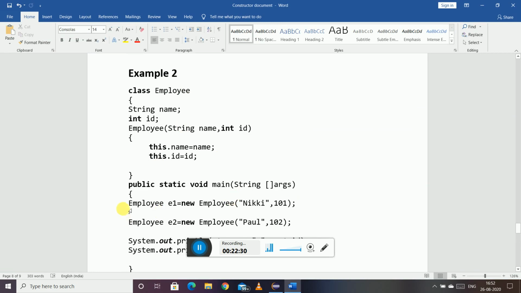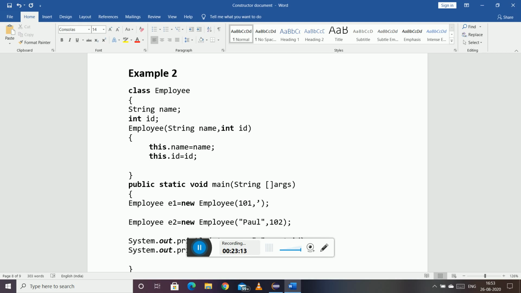So when you are initializing the objects through the parameterized constructor, remember that the employee constructor is getting called in this line and Nikki will be passed to this name. Remember that the data types of the variables have to correspond to the values you are providing. For example, you cannot write like 101 comma Nikki.